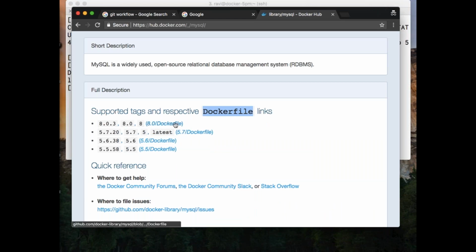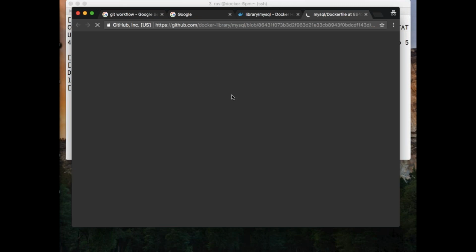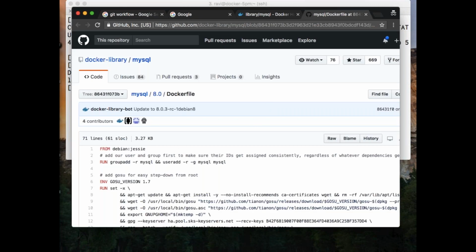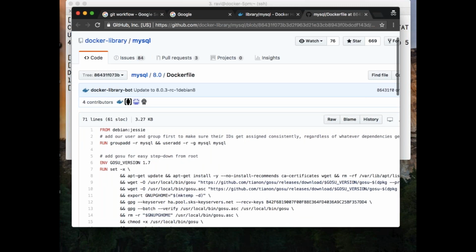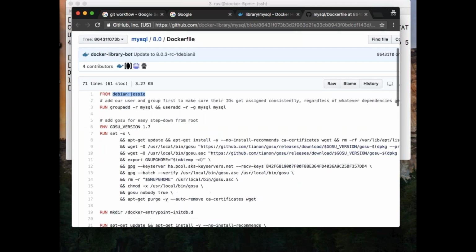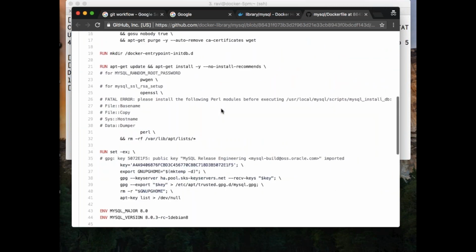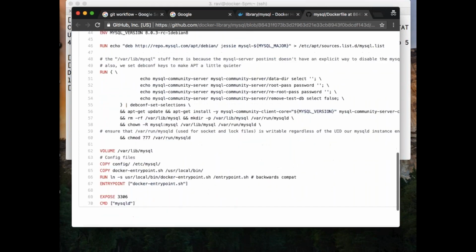Now I'll click on one of the Dockerfiles. See, this is the Dockerfile MySQL has been created from. It is using Debian, a predefined image, which is like an Ubuntu kind of operating system. So the MySQL you are working with currently is built on a Debian image. And you see it is saying useradd, groupadd, mysql, everything. And what it says, install. Then if you go down, you see